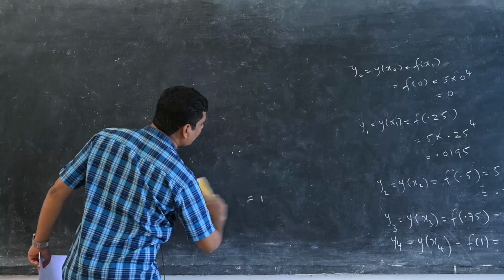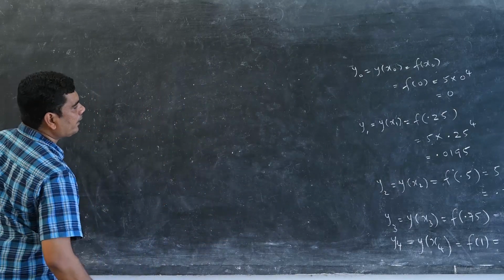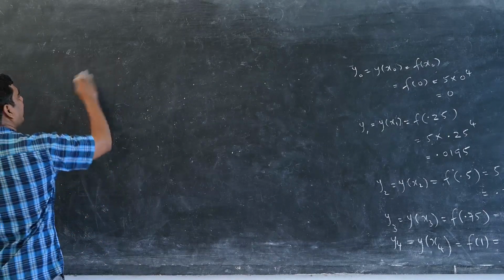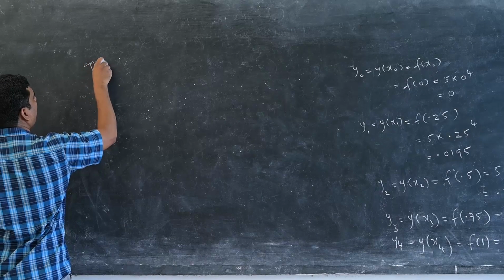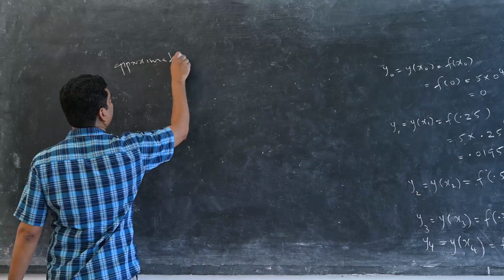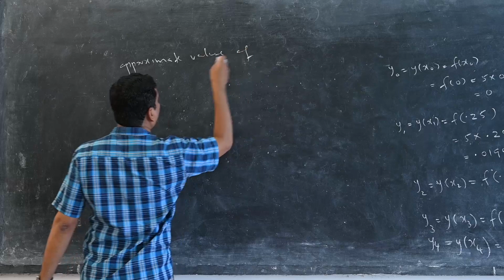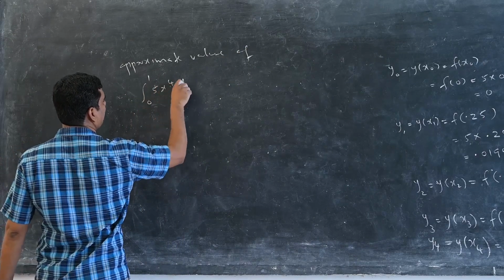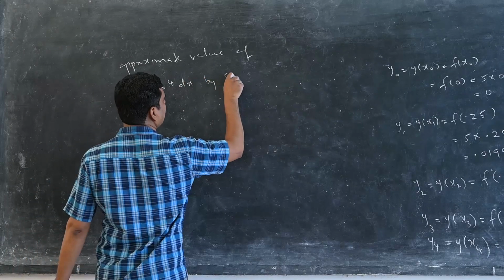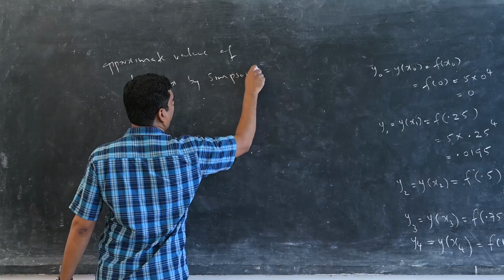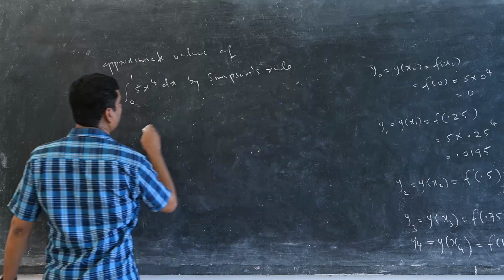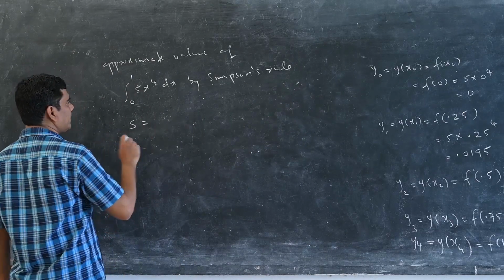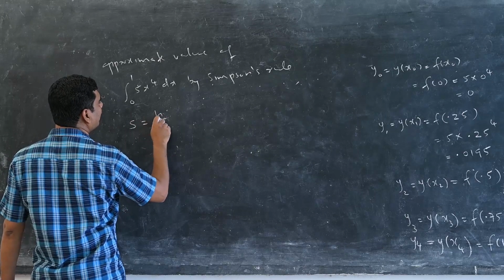Now the approximate value of integral 0 to 1, 5x raised to 4 dx by Simpson's rule. S is equal to h by 3 into